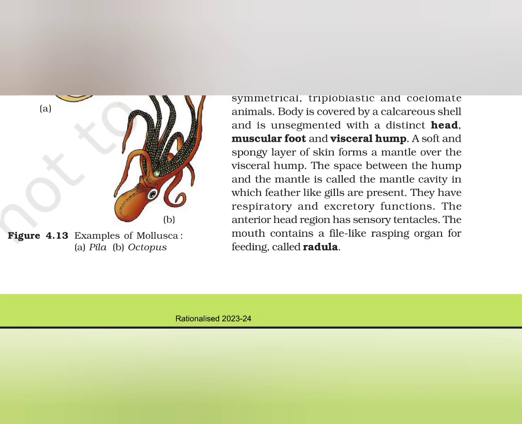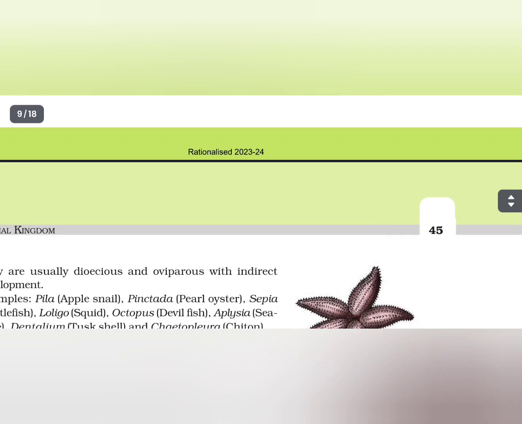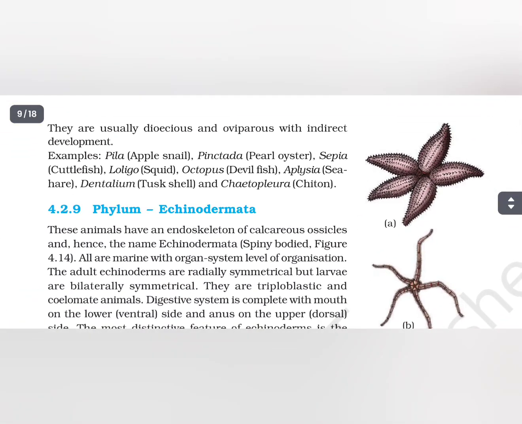The anterior head region has sensory tentacles. The mouth contains a file-like rasping organ for feeding called radula. They are usually dioecious and oviparous with indirect development. Examples: Pila, apple snail; Pinctada, pearl oyster; Sepia, cuttlefish; Loligo, squid; Octopus, devilfish; Aplysia, sea hare; Dentalium, tusk shell; Chaetopleura,